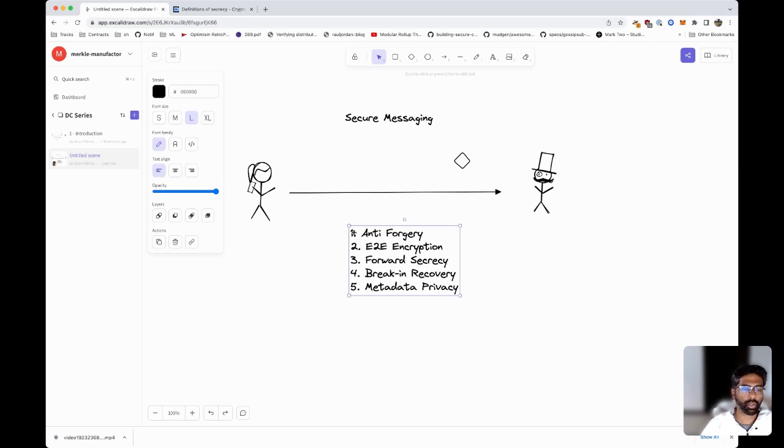So this gives us a framework to basically grade any encryption protocol. We want to make sure that it's a protocol where messages can't be forged, or messages are encrypted end-to-end between clients, where the protocol ensures forward secrecy and break-in recovery, so that in the case of any compromise, the protocol heals itself, and the compromise of one key does not mean that all messages are compromised, but that only a small set of messages are compromised. And finally, we also want to ensure that the metadata itself is private, so that if Alice and Bob are communicating, the rest of the world isn't able to easily determine when and how often they're communicating with each other.